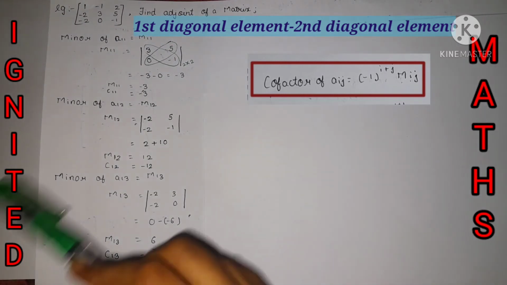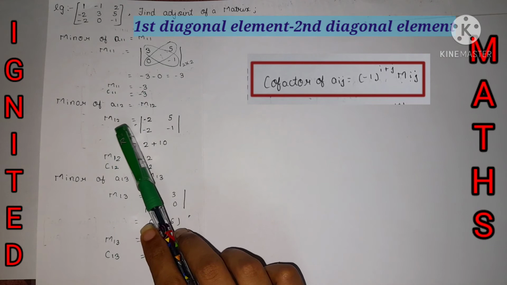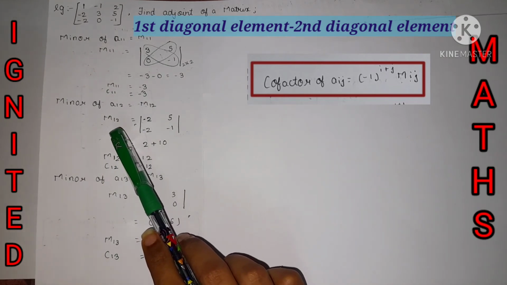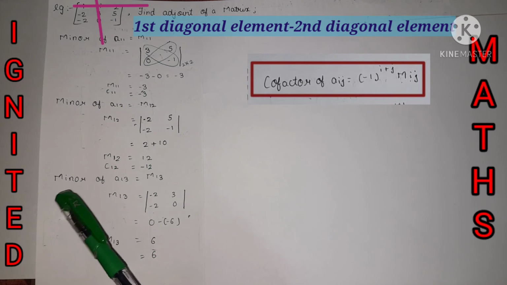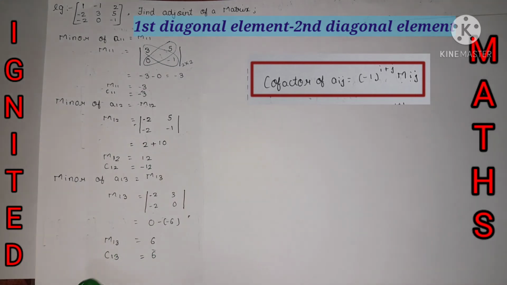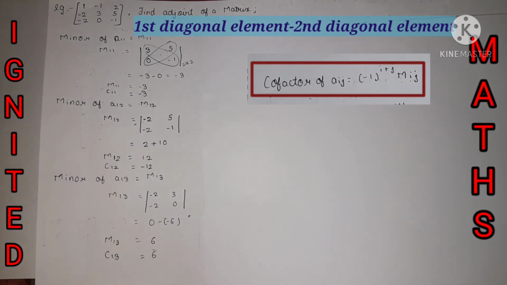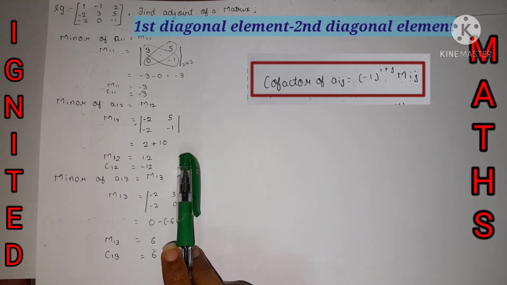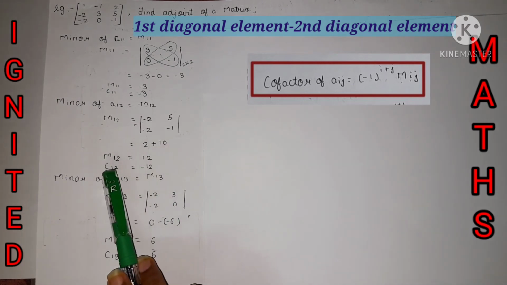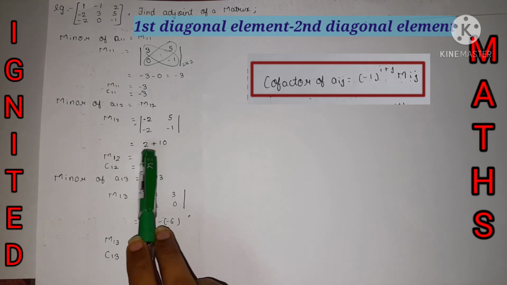After doing the calculation we will get the answer as minus 3. Now the minor of the A12 element is M of 12. While finding the minor of 12, we need to hide the first row and second column of the given matrix. If we hide it, then a 2 cross 2 determinant occurs, so we need to find its value. First multiply the first diagonal element and subtract the second diagonal element. That's what we have written here, and we get the answer as 12.